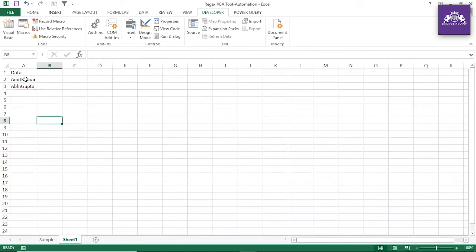All right, now, with the help of regex, you can easily find out Amit is a first name because Kumar actually starts with a capital K. Guys, as I mentioned, data could be anything. So, in this pattern, I want Amit here and Kumar here. Abhi here, Gupta here. Let me put that over there.